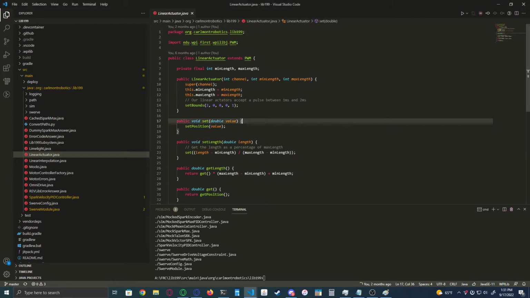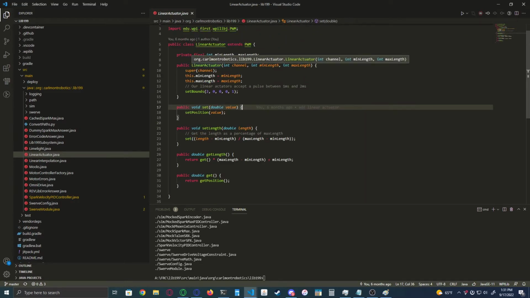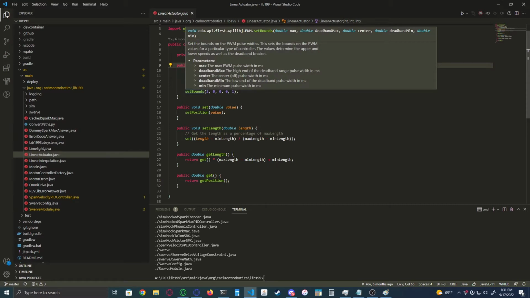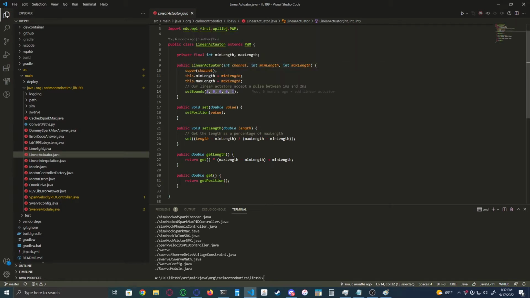linear actuator. So this was a class that we wrote specifically for this year to work with our linear actuators on the shooter, but it should work with any linear actuator. And it just treats it as a PWM source, which is provided by WPILib. So you give it the channel that it's on, and the min and max length of the PID output. So this just configures that for at least our PWM controllers, or our linear actuators, they expect a pulse width between 2 milliseconds and 1 millisecond. And then based off of that,